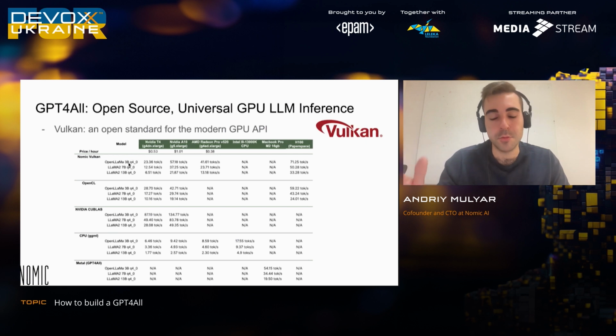But it's an open source model. What you want to look at here is the parameter sizes: 3 billion, 7 billion, 13 billion parameters. And as you can see here with the Vulkan backend that we maintain in GPT4All, we actually beat OpenCL in inference performance on the latest NVIDIA GPUs. We support AMD GPUs. It runs really fast on Intel CPUs, 20 words a second.